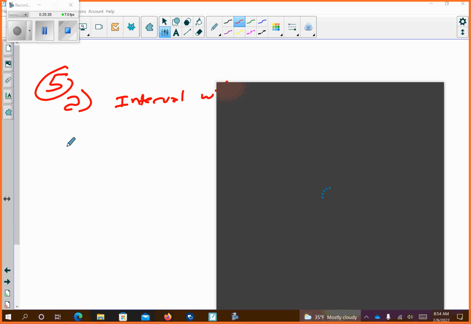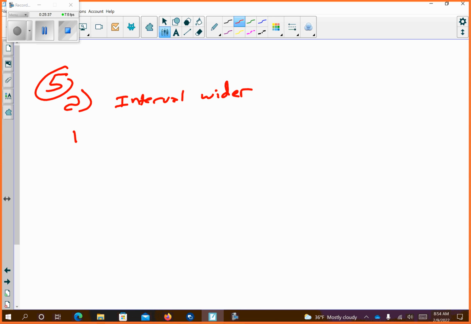Letter B. The sample size n is increased. The interval is smaller. And then letter C, when the point estimate is increased, it has no effect. Meaning it changes the mean a little bit, but it doesn't change the